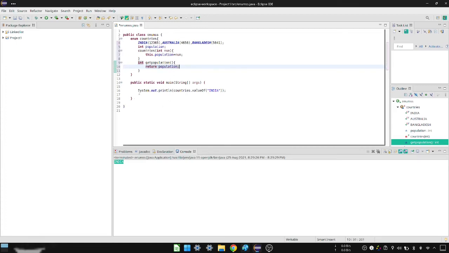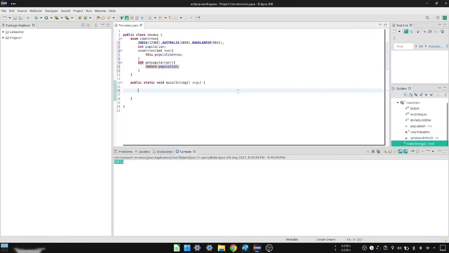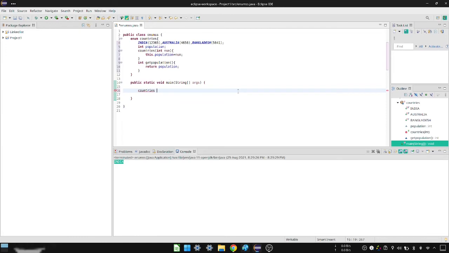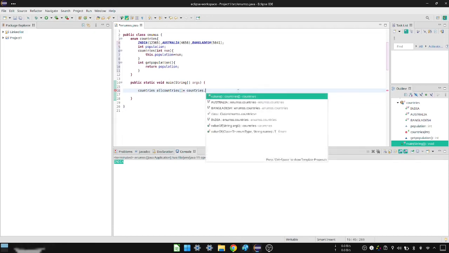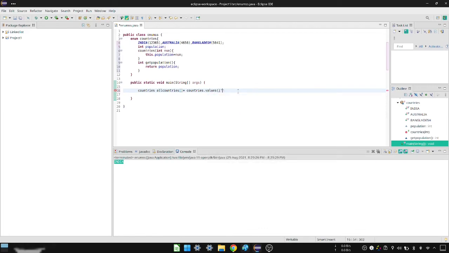So this is how. And now see here, how can I access these countries? If I want to access all these countries together in the form of an array, then I write allCountries, and here I simply write the enum name Countries dot values. So this is how I can access it.